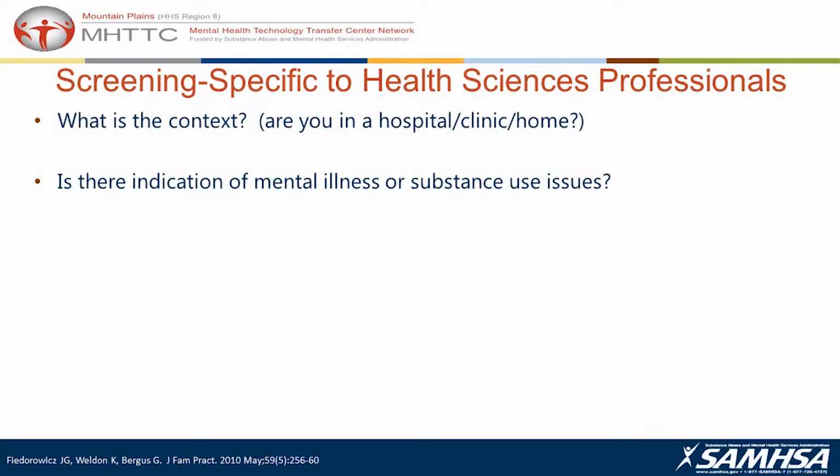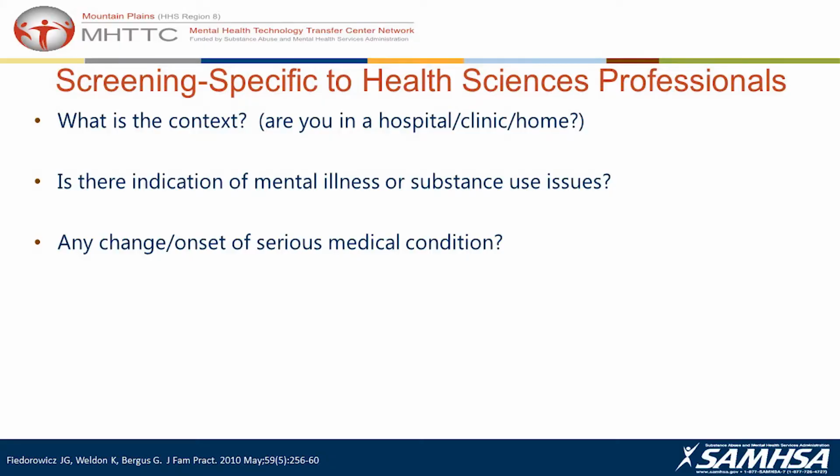So we want to think about context. When you're seeing a patient, are you in a hospital, clinic, home? What are the resources available to you? And much of what we're talking about in terms of rural, who has training, or how do I get access? And some of what we've been looking at is telehealth and lots of different ways to bridge that gap. Is there an indication of mental illness or substance use with the individual who you're concerned about? Because that increases the risk, depending on what the problem is.